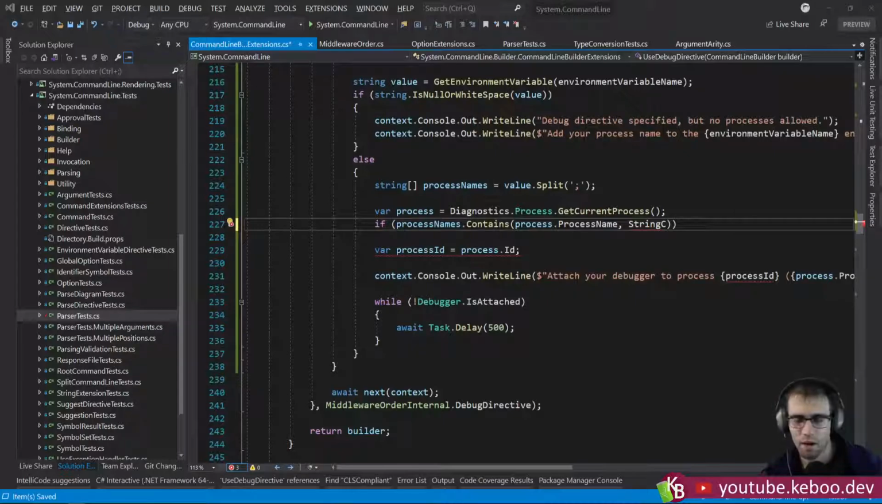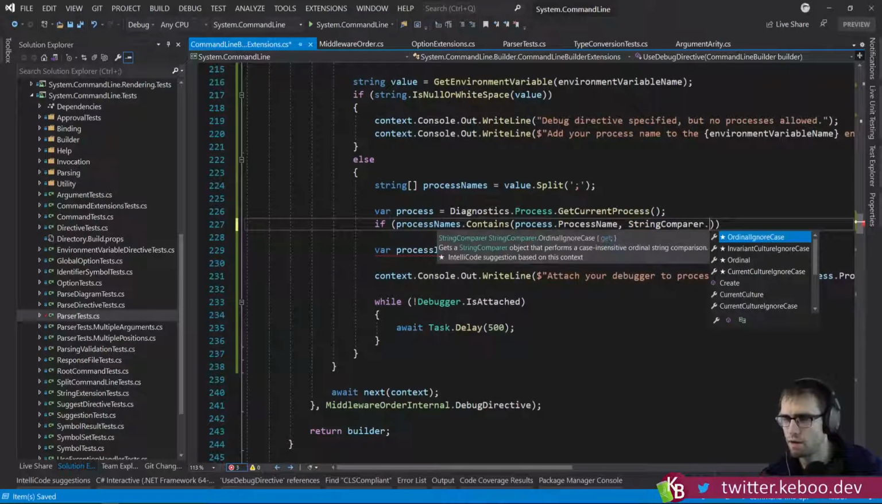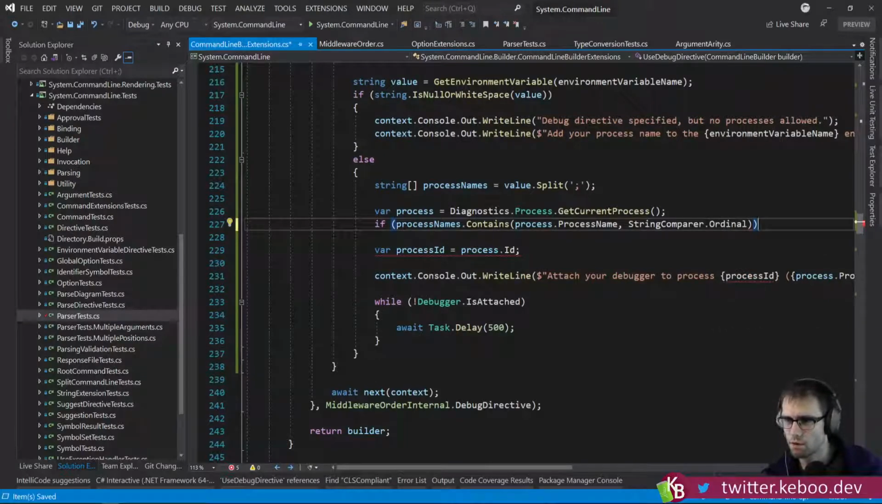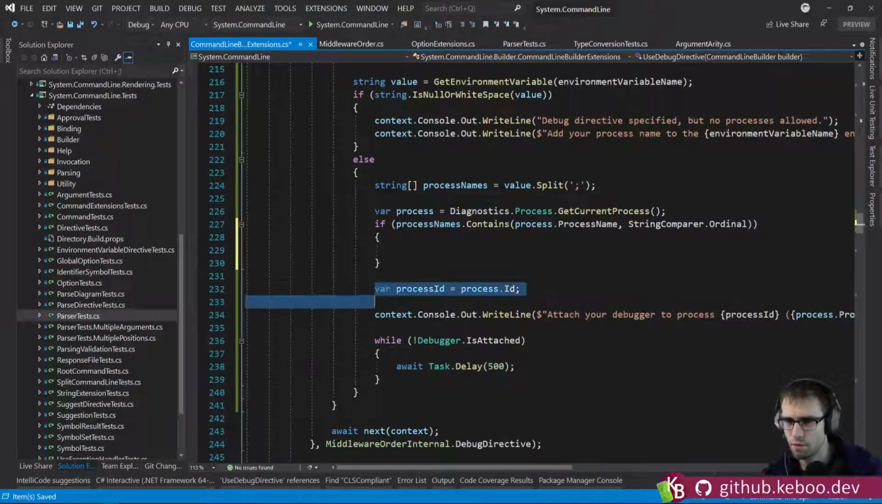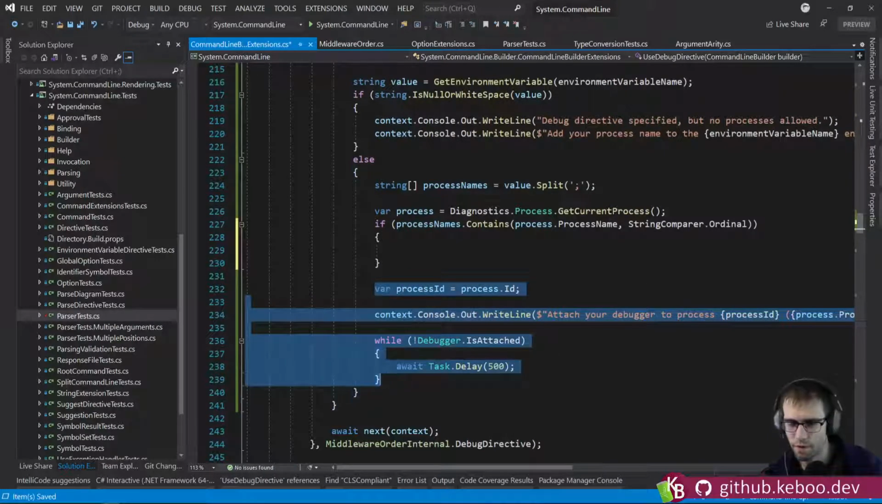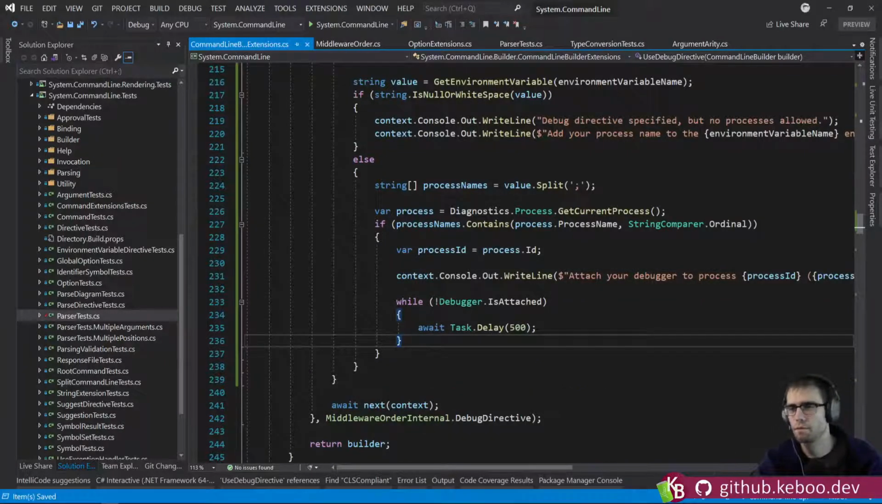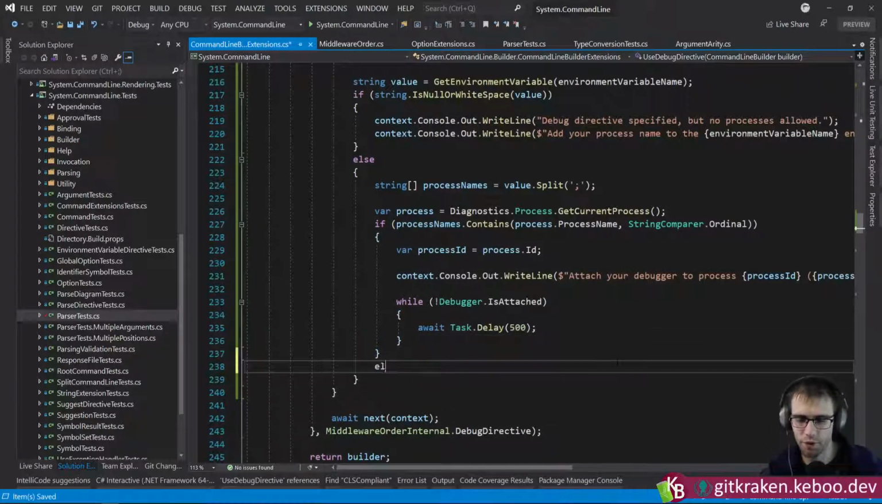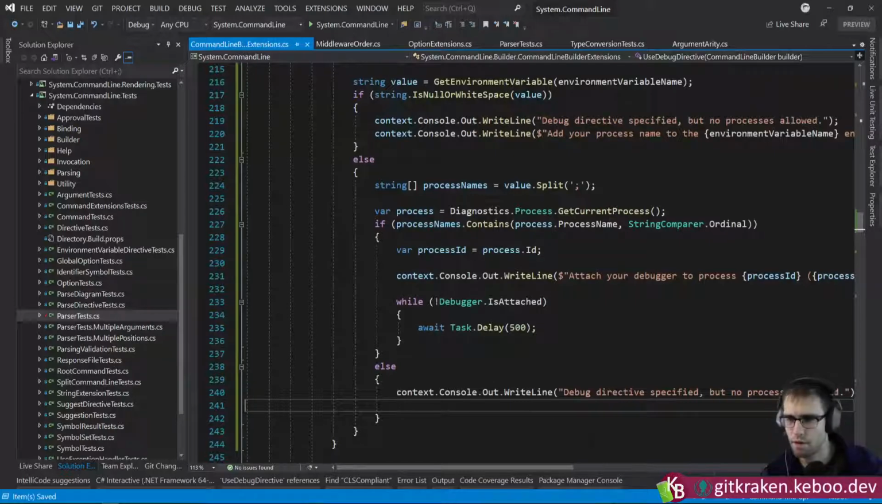Sorry. Let's see. So let's do string comparison. And I think what we just decided is ordinal is the right thing. So if it contains it, then we'll do the stuff, right? Boom, that gets us there. And then else, right, we should do some more thing about the